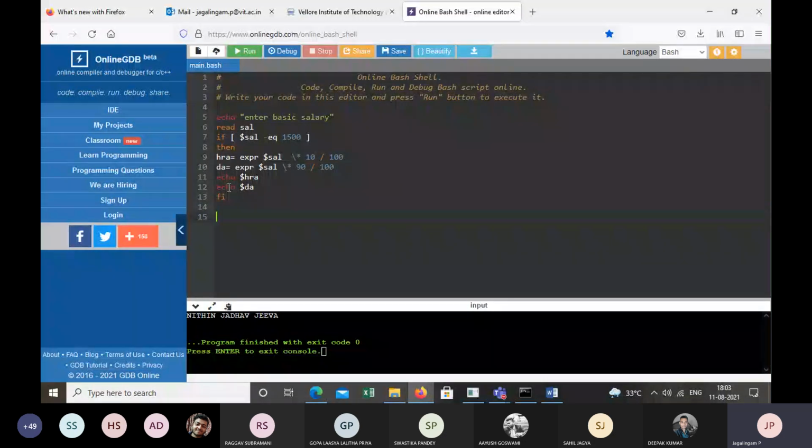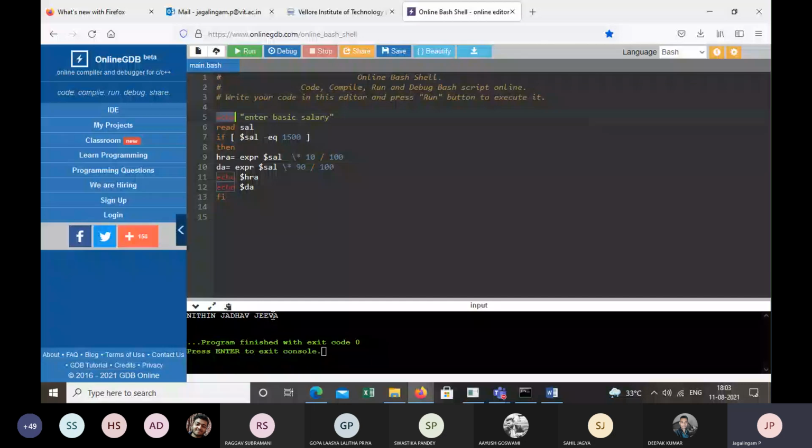So in line 5, we want the user to type the basic salary. So we use the echo command. Therefore, the text "enter basic salary" is printed in the console window, and the user will type something, and that will be stored in the variable SAL.